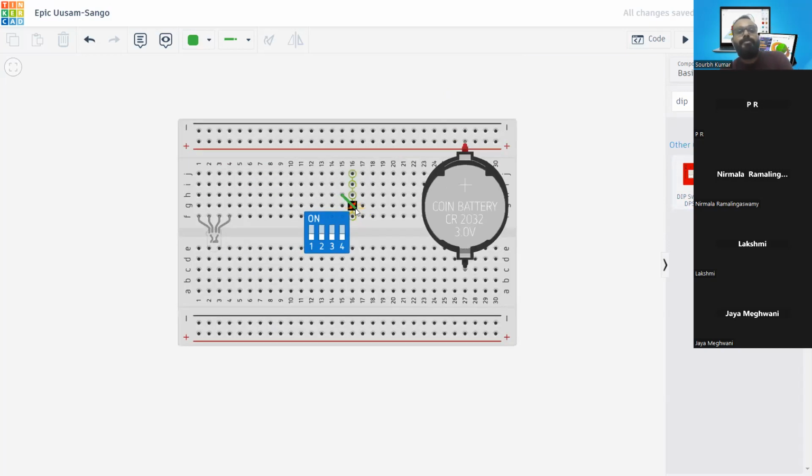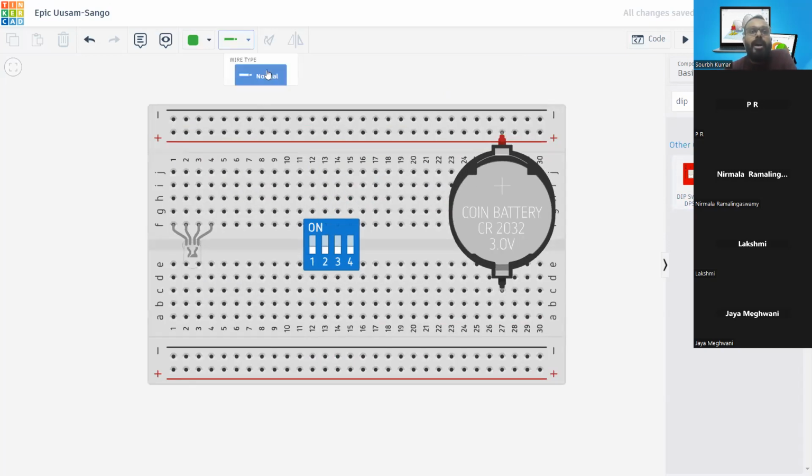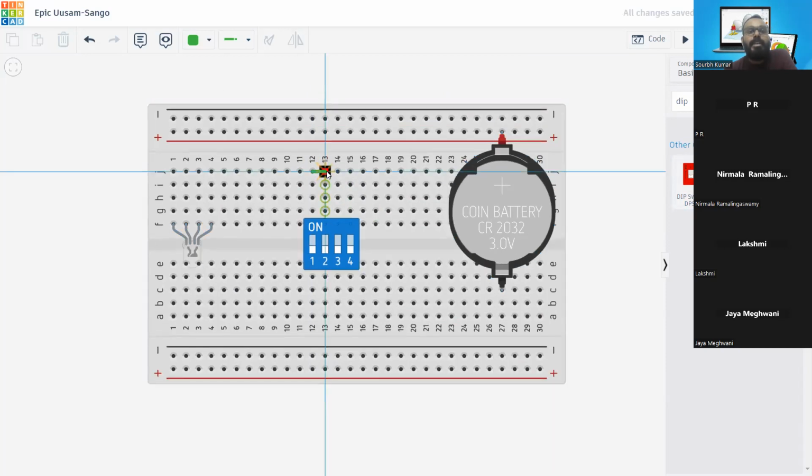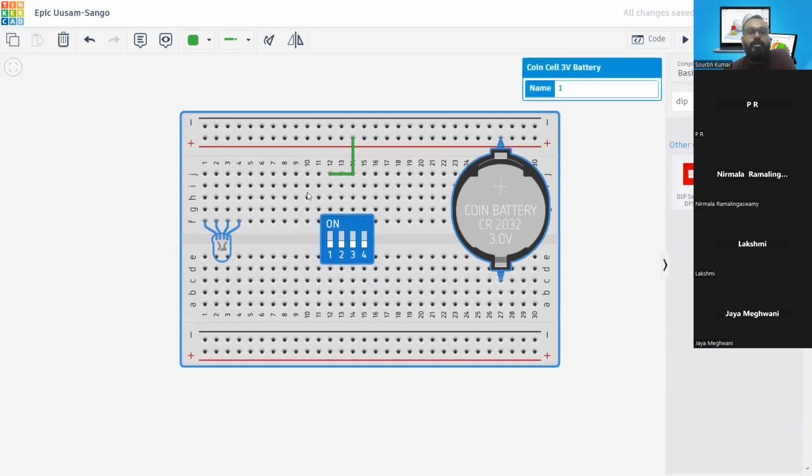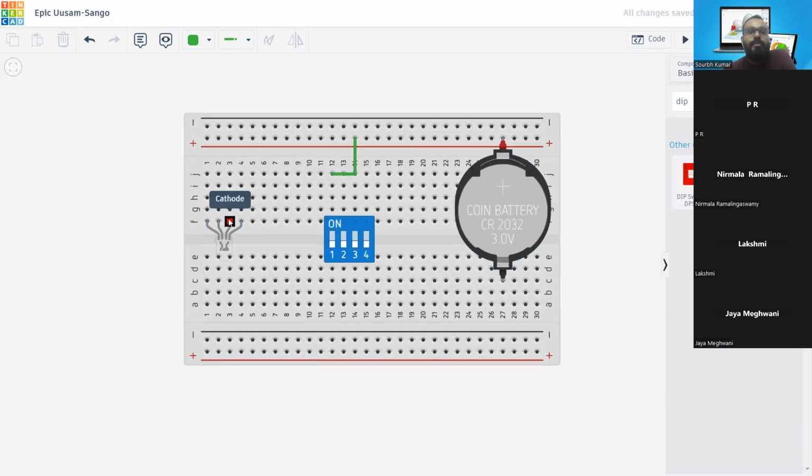enough for your understanding. So what I'm trying to do is take one normal wire and connect the first pin to the second one, then the second pin to the third one, and then the third pin to the positive in here. I hope you are understanding what I'm doing in here. So now we do have the cathode, and I'm connecting the cathode from in here to the